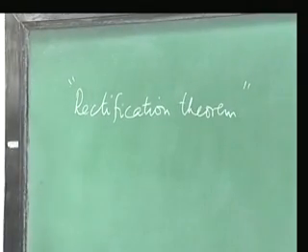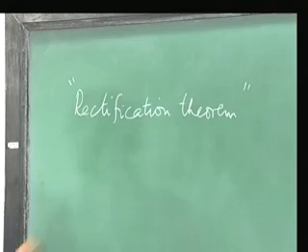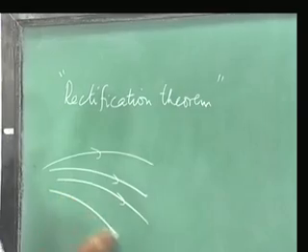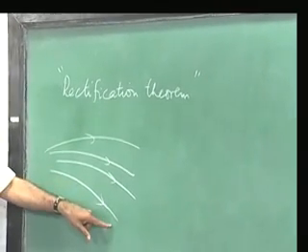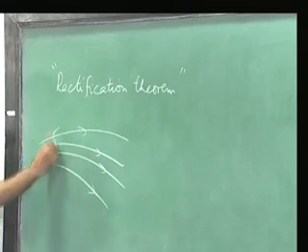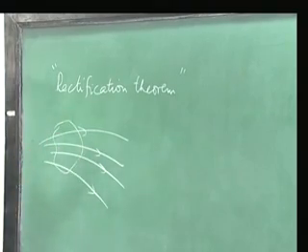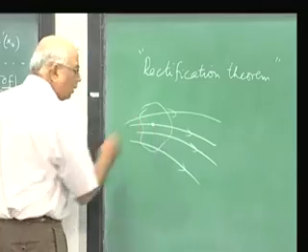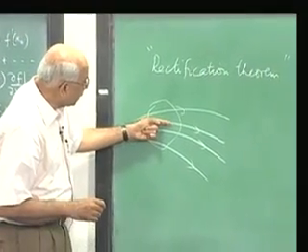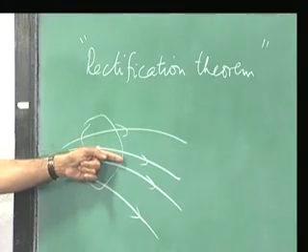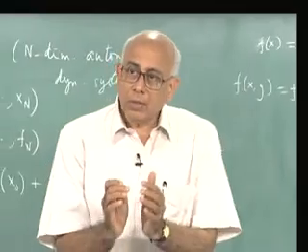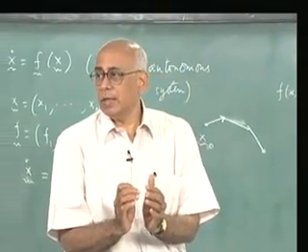And in pictures it says the following: if the phase trajectories look like this for the system, so an initial point here travels along this trajectory and a point here travels along that and so on, then in some arbitrarily small neighborhood of my initial point x naught, the vector field points in this direction, and you go a little bit further away, it points in some other direction and so on. And what the rectification theorem says is in a sufficiently small neighborhood of any given